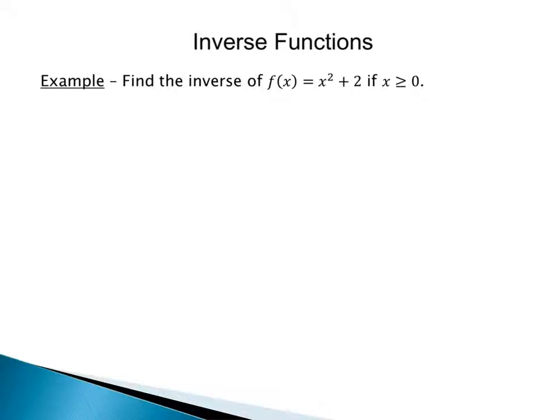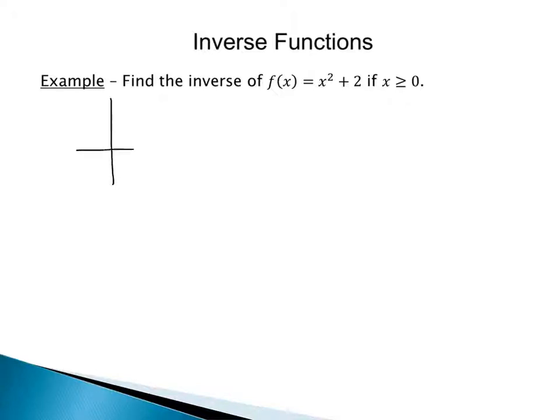In this lesson, I just wanted to talk briefly about finding the inverse of a domain-restricted function. So in this example, we have f of x equals x squared plus 2, but we only want to look at it if x is greater than or equal to 0. So the question should be, why do we need that extra piece there to say that x is greater than or equal to 0? Well, if we look at the graph of f of x equals x squared plus 2,